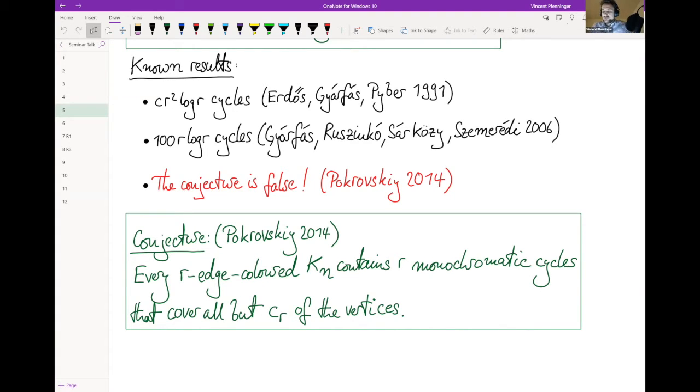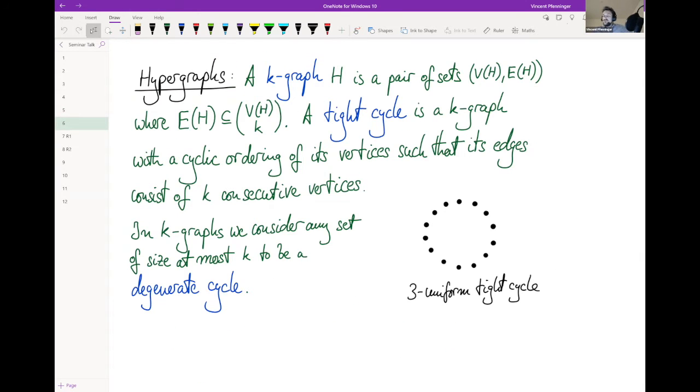Okay, so then we could also consider similar problems for hypergraphs. So what is a hypergraph? And we also have to say what a cycle is in a hypergraph, because there are different notions of cycles in hypergraphs. So a k-graph H, or a k-uniform hypergraph H, is a pair of sets V(H), E(H), so a set of vertices and a set of edges, where each edge is a k-set of vertices. And a tight cycle is a k-graph with a cyclic ordering of its vertices, such that its edges consist